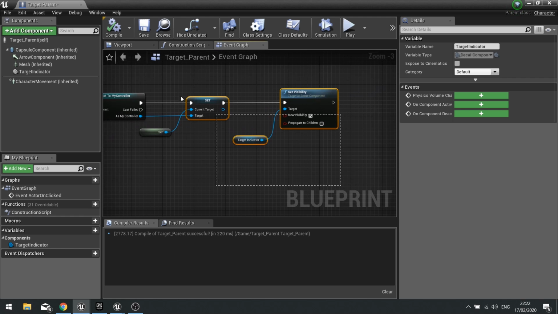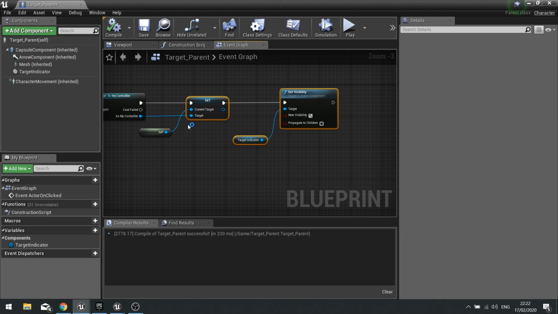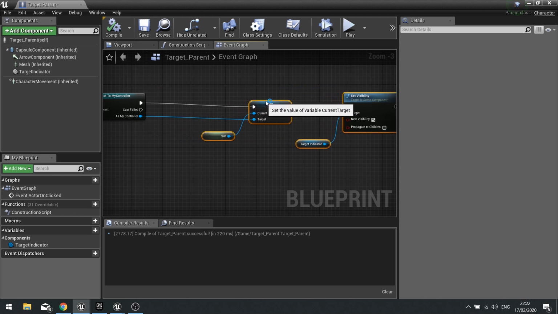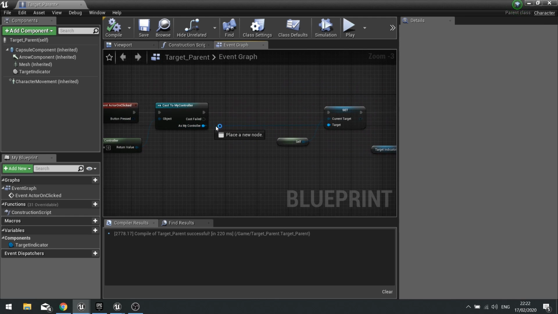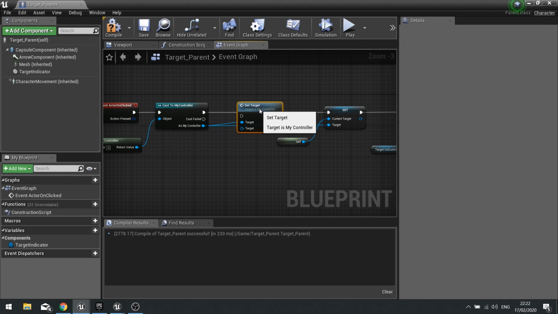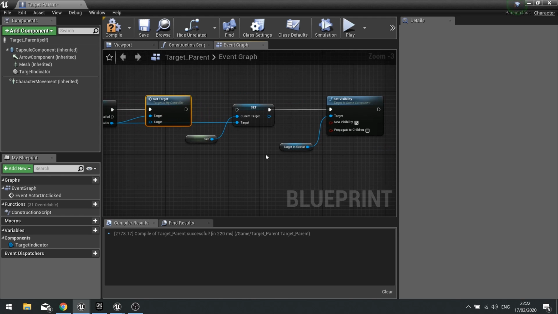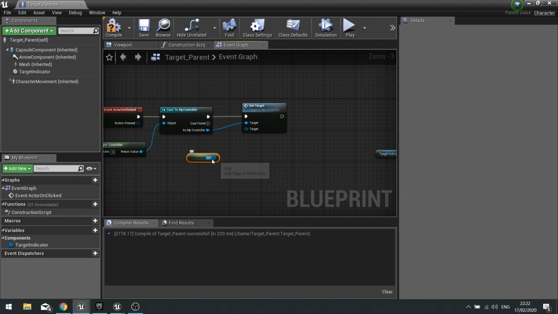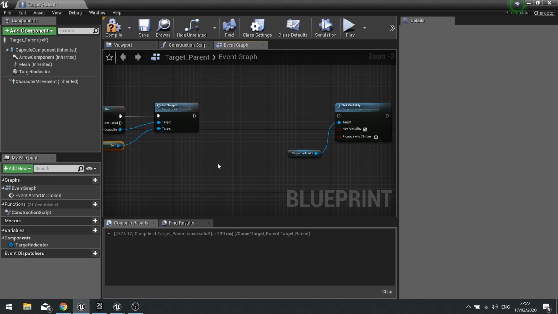Okay, so once we've got that, we need to change a little bit here so that rather than setting the current target via the variable, we're going to do it by the function. So we're going to move that aside, and as my controller, set target function. And we can get rid of this one and click on that. Okay, with that done,